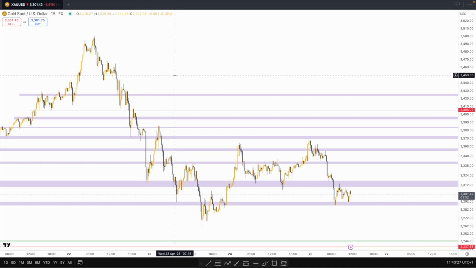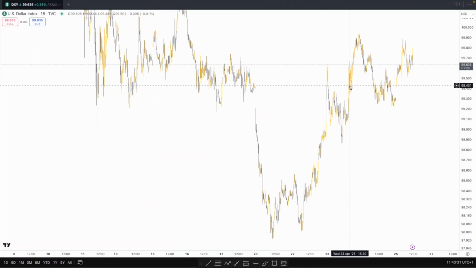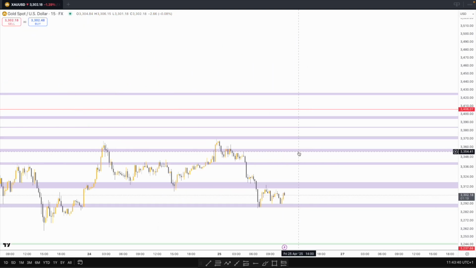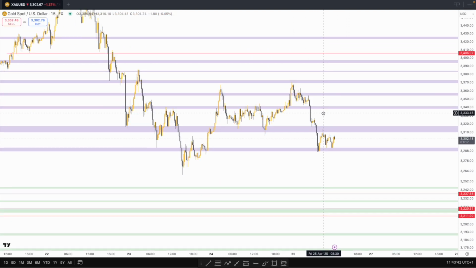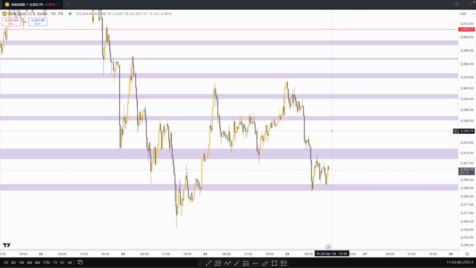And if I go ahead and check the dollar index real quick, you can see that price has continued bullish after this significant bearish drop. So with all that being said, economically, there's still a lot of other things happening around the world. I believe the US has just bombed Yemen, which, and I know this is just the way the world works, it's quite sad, but the US has bombed Yemen, which then means that the dollar has strengthened, and that is shown by gold's